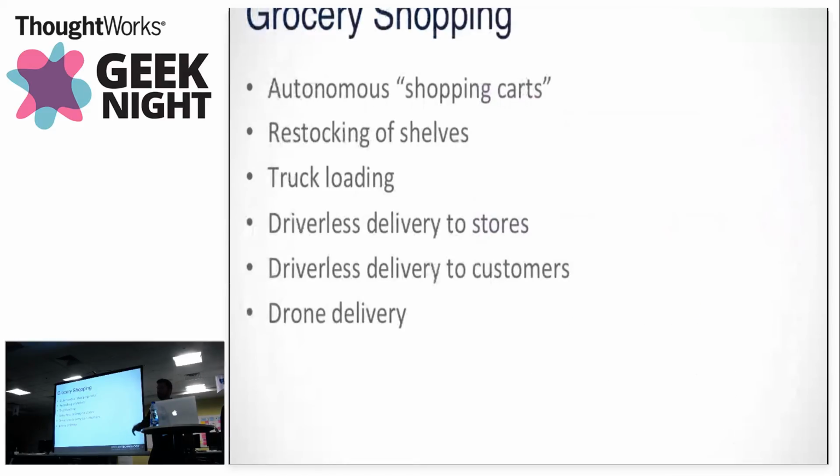It could also restock shelves for me, maybe load trucks so that it takes some manual aspects out of it. The self-driving cars. I'm going to deliver to someone. Maybe I pick the groceries myself, bag them up, put them in the car, and that car on its own knows where to drive to the customer who ordered those groceries. Even drone delivery, similar to what Amazon was talking